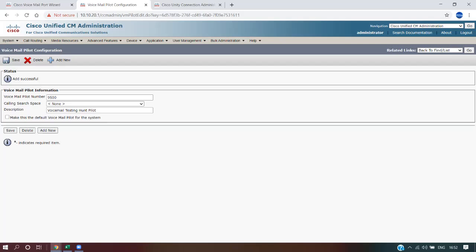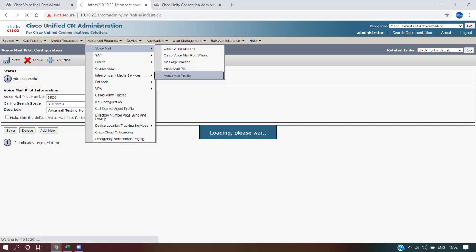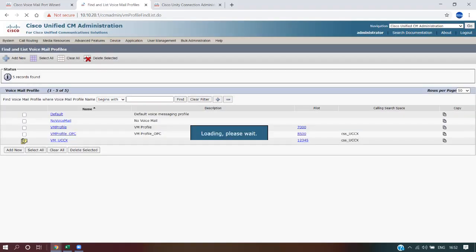But you can leave it blank if you don't want to use this voicemail pilot for voicemail access. Okay. So voicemail pilot created. Let's go ahead and create the voicemail profile as well, which is going to be the last step on the call manager side. So I'm going to go ahead and say add new